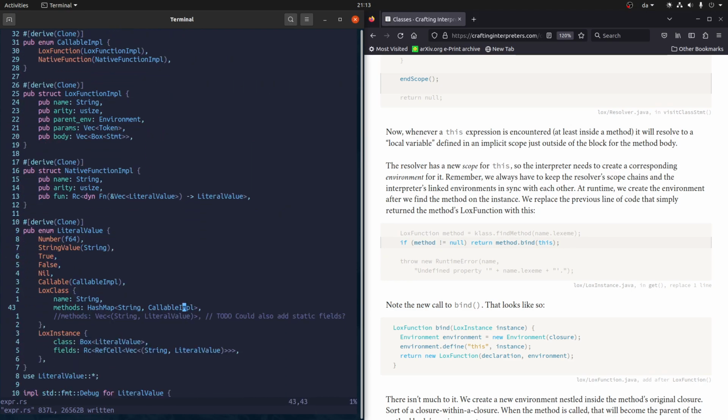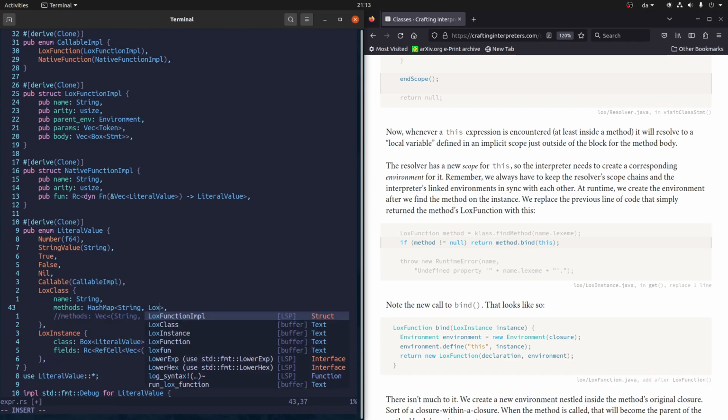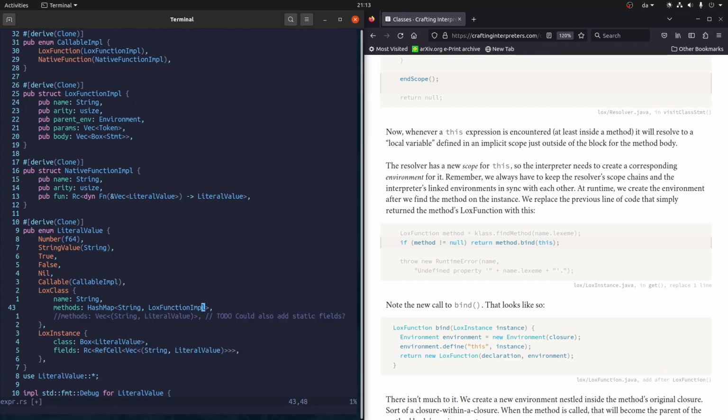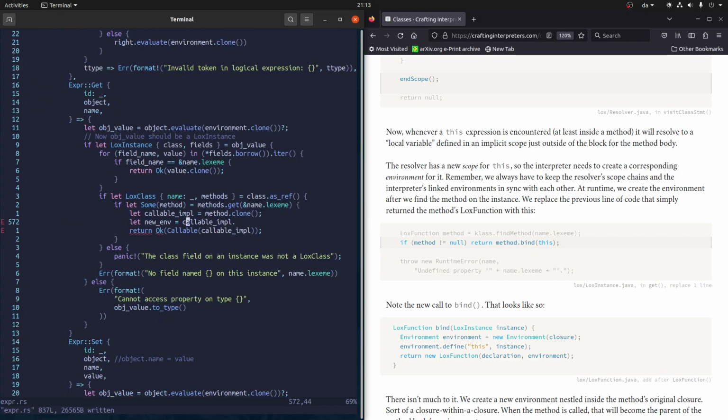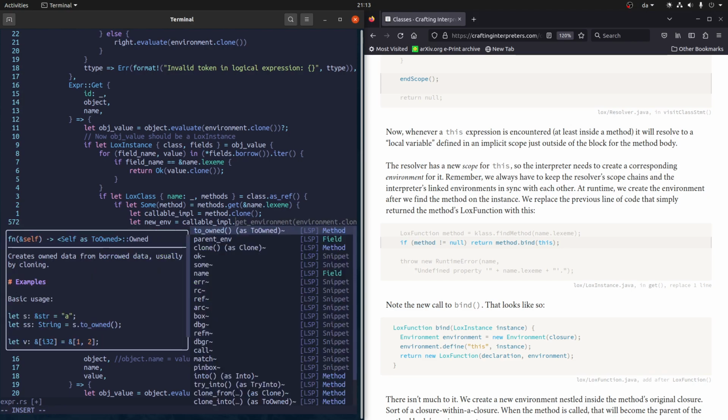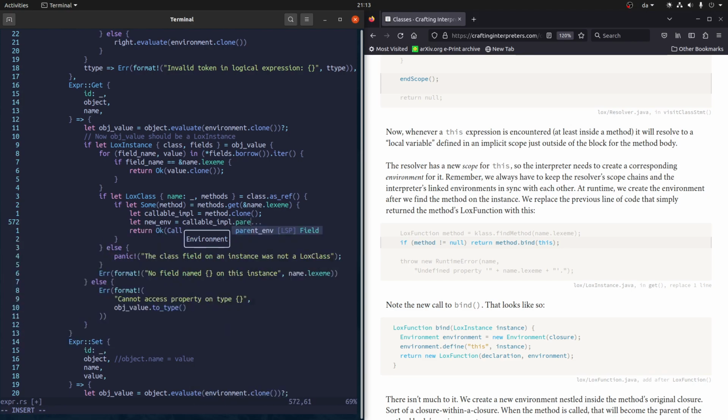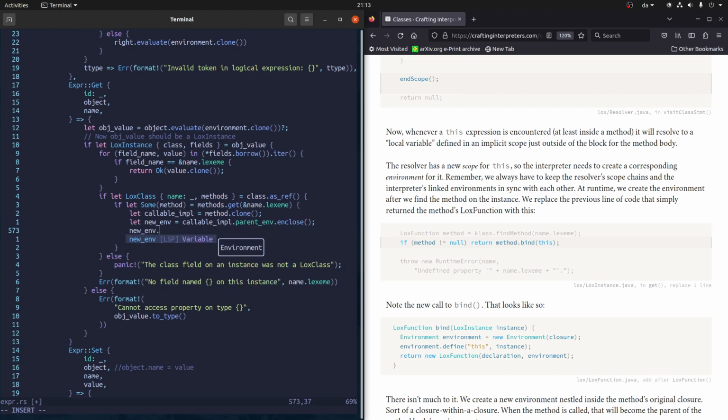It can be a general callable, but actually, since it's a class, it can only be a lox function, so we can delete this and just do that. And then down here, it's now possible for us to say parent environment dot enclose, and on that we define